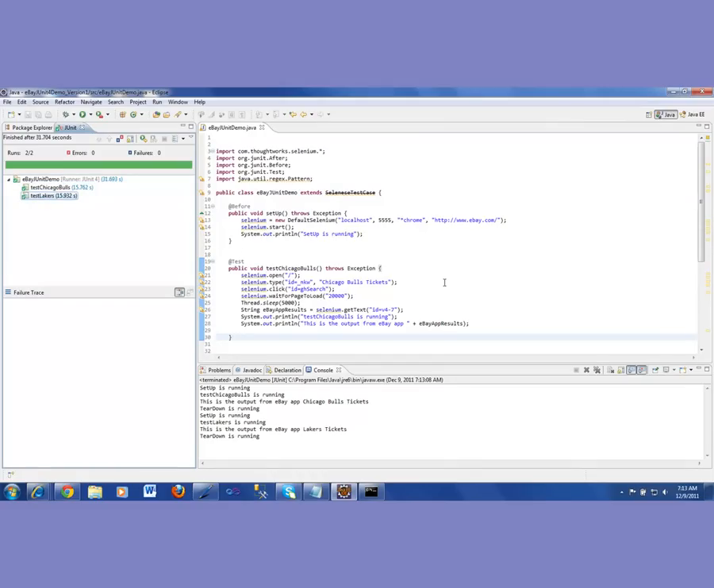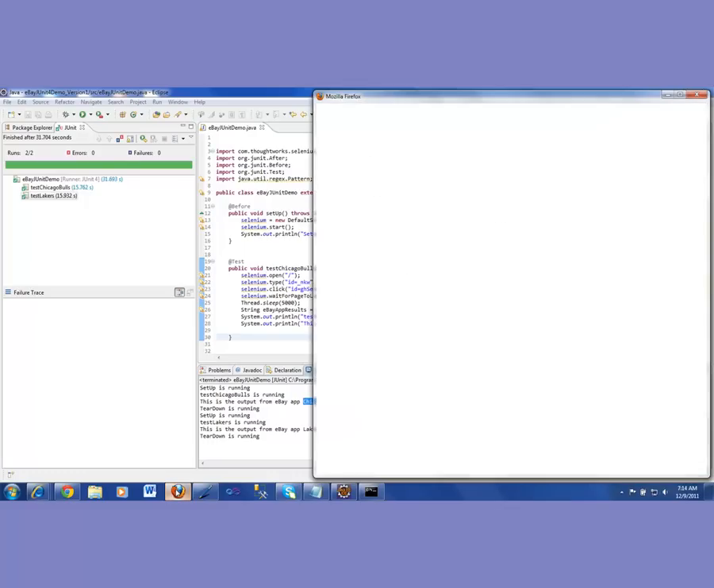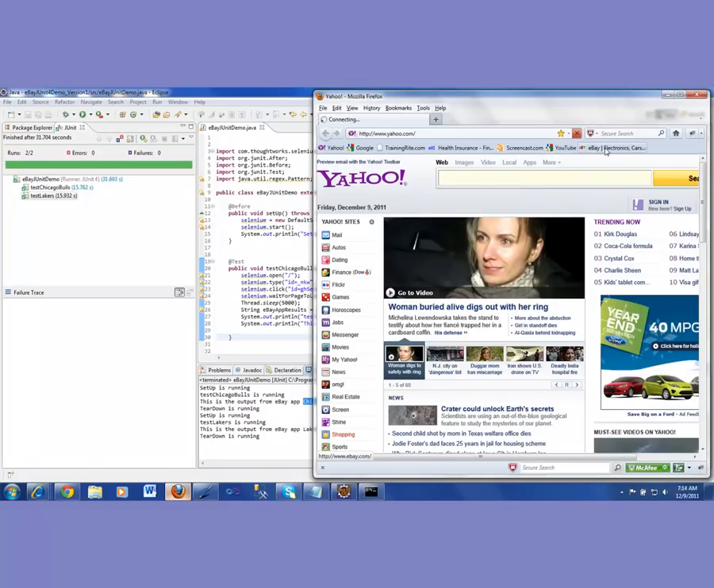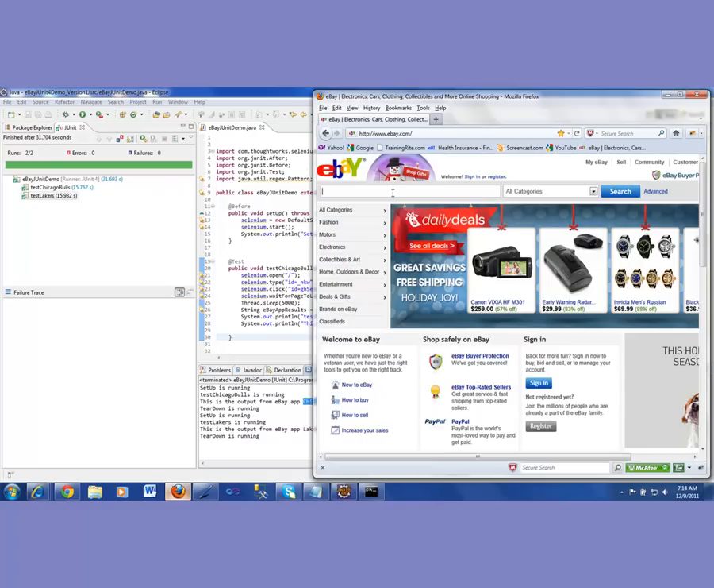Now, the question here is, we said this is the output from the eBay app, and what is the output? Lakers tickets and Chicago Bulls tickets. Why is it not showing the number? I'm interested in the number. If I manually run this, it is showing me some numbers. So if I go there and type Lakers,